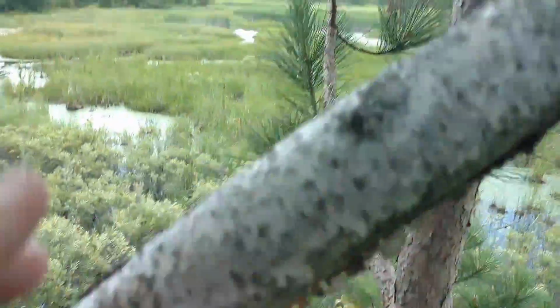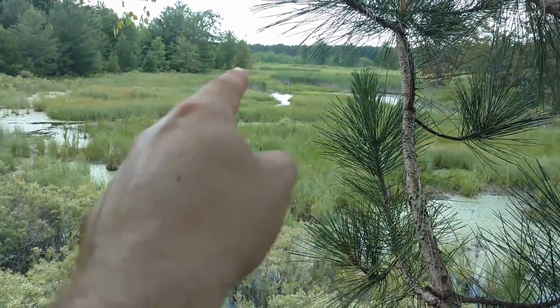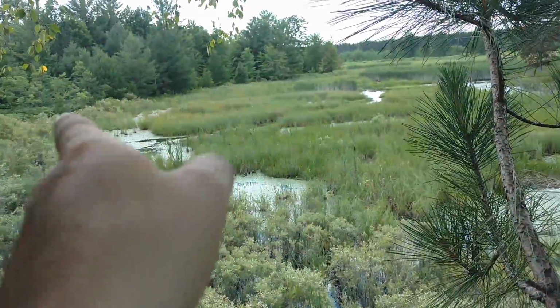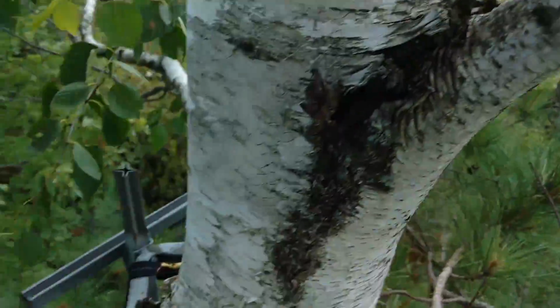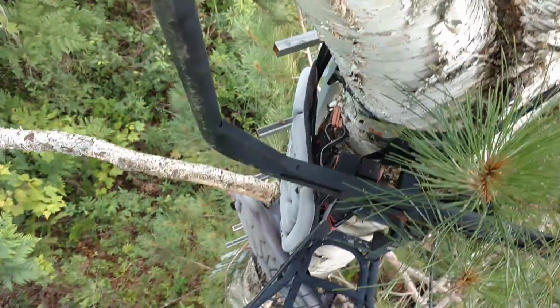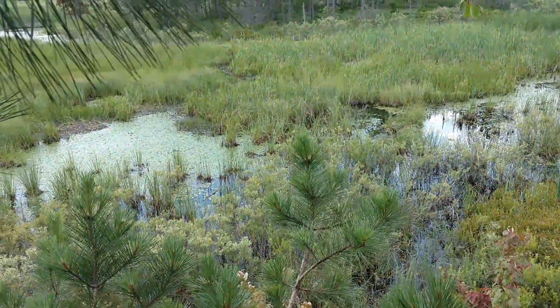Well, I made it a little bit. You can see I'm a little higher up here. I'll explain why here, but there was that point I was on where it comes out to these islands that are out here. Wraps back around. I came around this bowl in here, and lo and behold, somebody has a tree stand, which I am standing in here. They have a tree stand basically set up right where the point of this island comes in, and